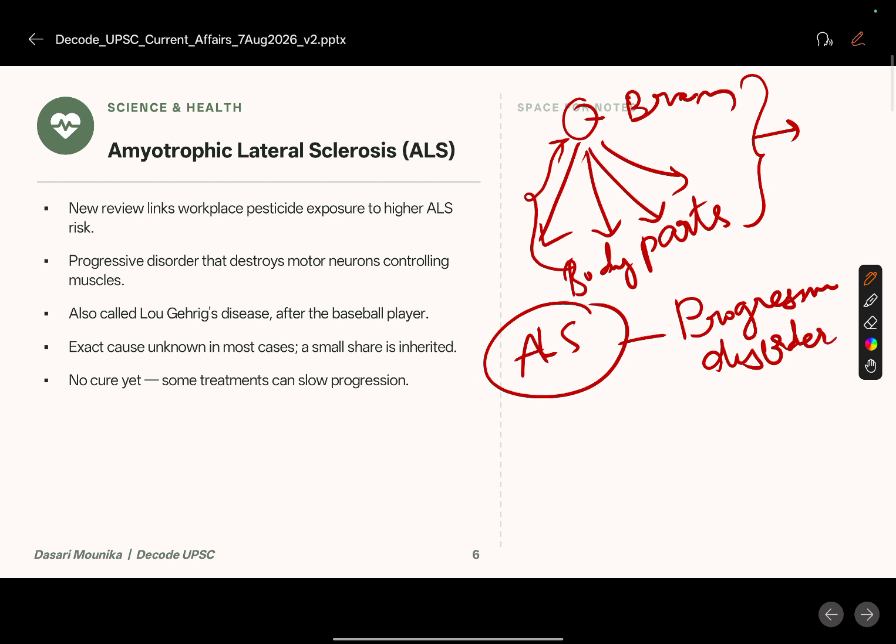So the connecting system, the motor neurons, gets destroyed. It is also called Lou Gehrig disease, after it was found in a basketball player, for which it is commonly called Lou Gehrig disease. The exact cause of this disease is not known, but recent studies have said that